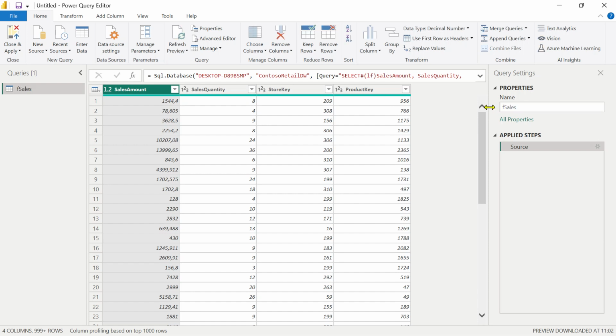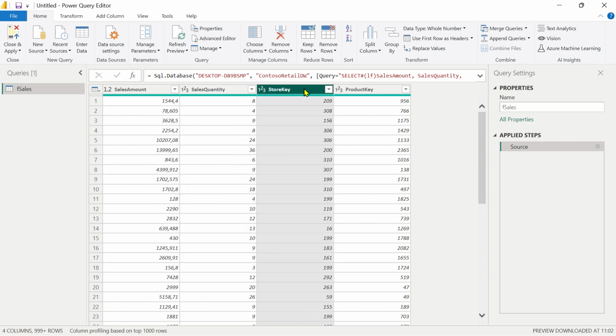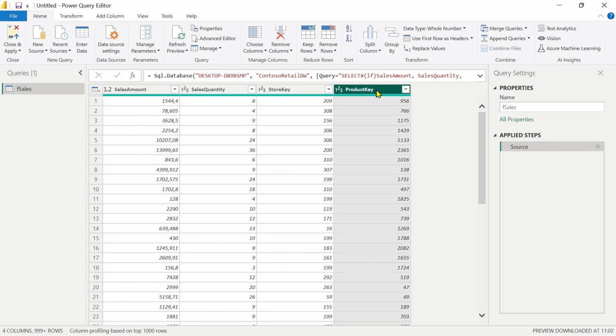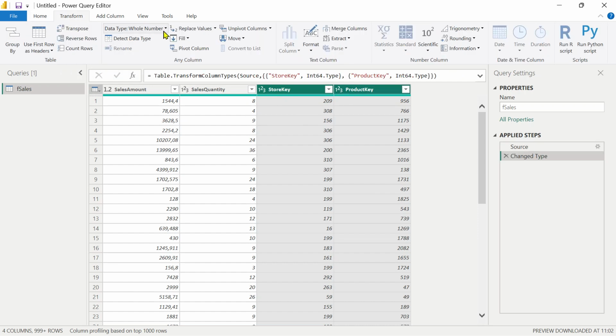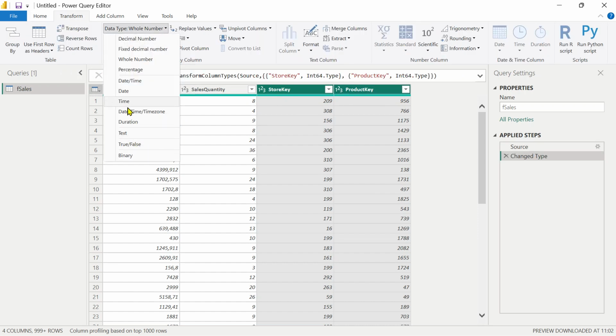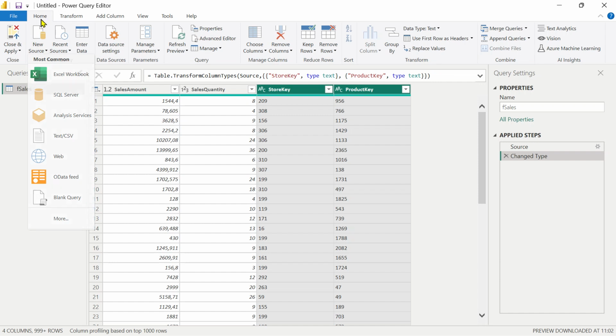Okay, this is going to be my fact table. And this column is actually supposed to be decimals. Sales quantity could be whole numbers. For store key and product key, I'm not going to run any kind of calculation with these numbers. They are only columns for interaction and relationship with other tables. So I'm going to mark them data type text. Okay, there you go. Now I'm going to import the second table, new source, in the home tab,